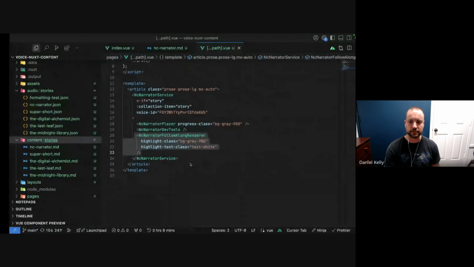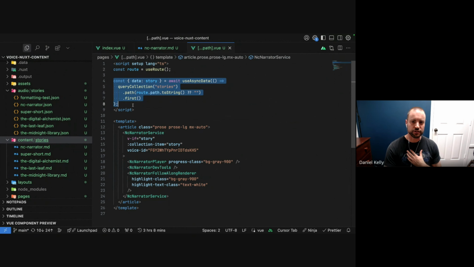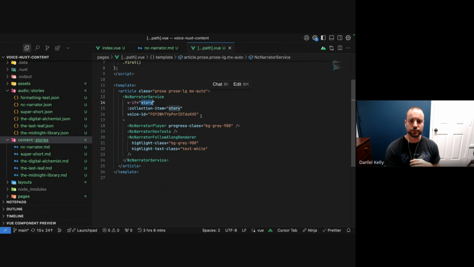If you see right here on the NC narrator service, we pass in the data from Nuxt Content. Right up here, this is just a normal query collection query, built into Nuxt Content. There's nothing special about this. The data that comes out of that, we've renamed story, and then we're just passing it in to that